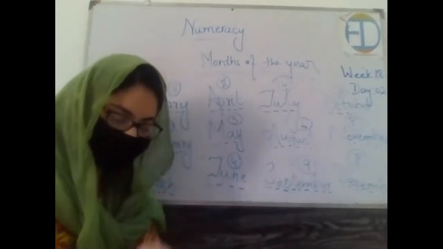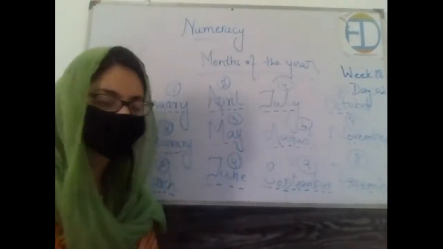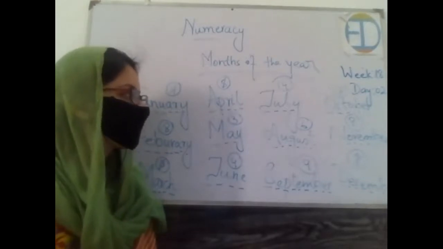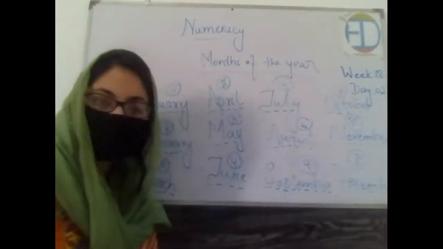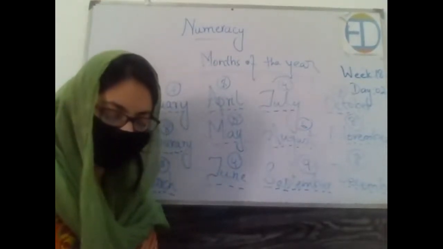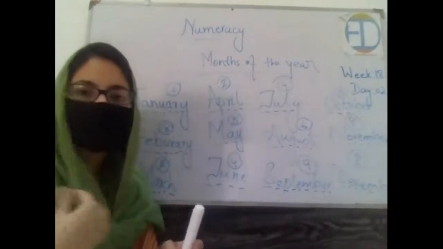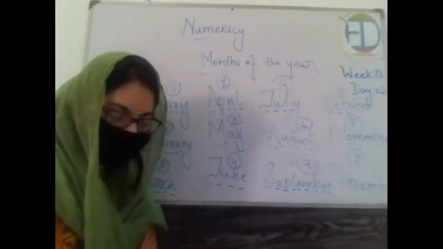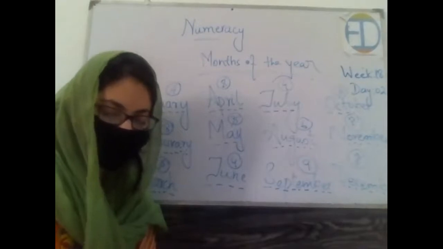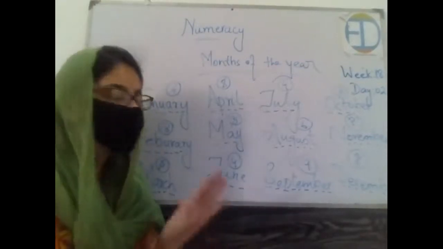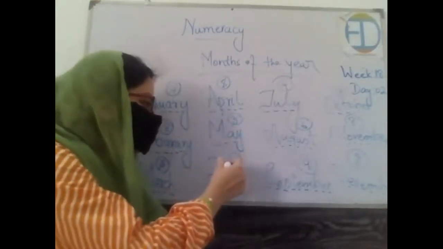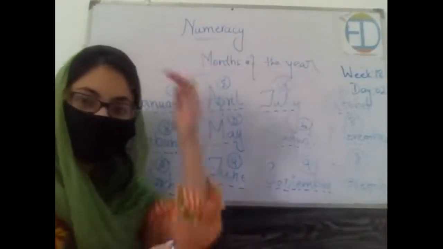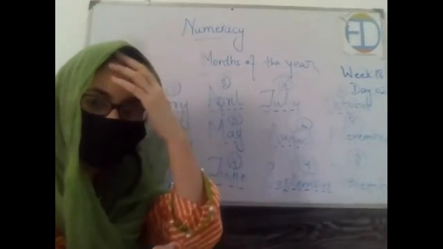What comes next? Write the names of the months which have 3 letters. Do we have any name? Yes, that is May. So write May in front of 3 letters. Hurry up. Then we are supposed to write the name of month which has 4 letters. So is there any name which has 4 letters? Yes, they are June and July. Write them down. June and July both have 4 letters in their names.